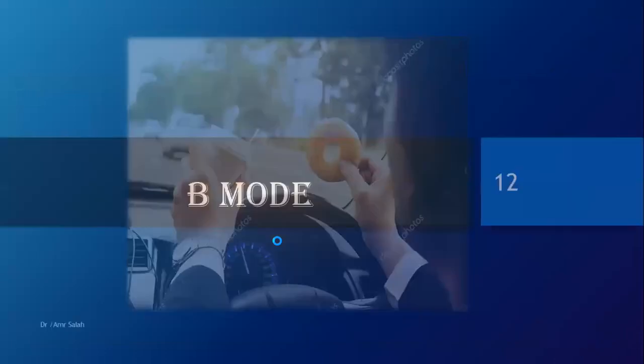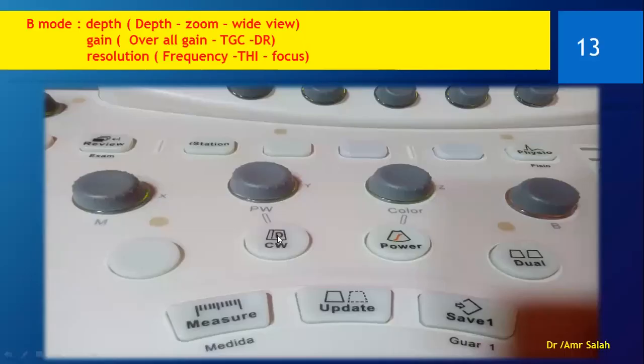Okay, let's start the B mode. But before starting in, I'm going to give you a little mind teaser, something to think about. Now we have here these two buttons, and these are related, of course, to our issue today. So, what are these buttons? We have here a button named CW and another one named power. Now, I want you to tell me what these buttons are or what their function is.